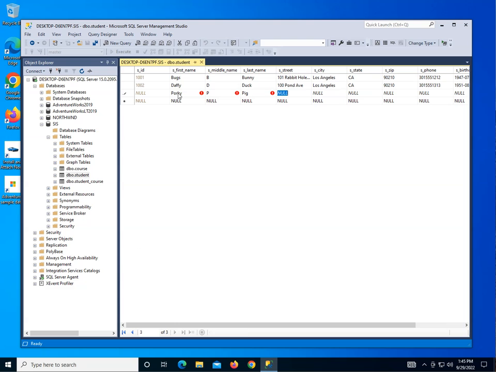Pig, and Porky lives at 201, let's say Mud Street, and he lives in Los Angeles, California, 90210 and 301-555-1414. Porky was born in 1952